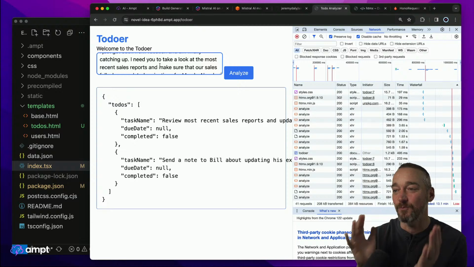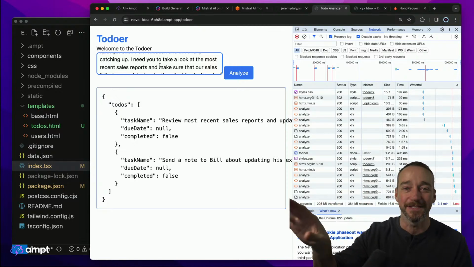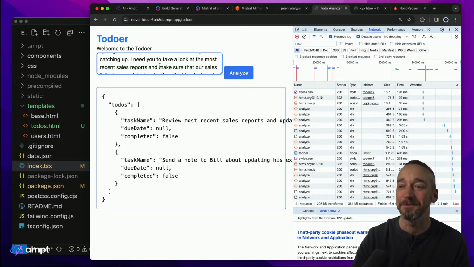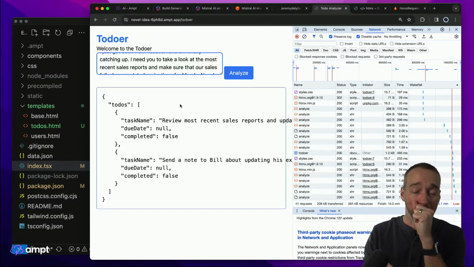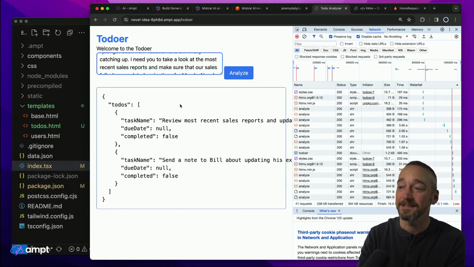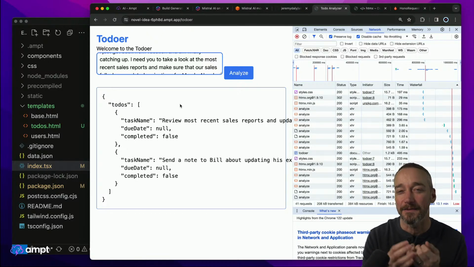So again, this is one simple example. I know obviously it really wasn't a full example. You'd want to build this in, you'd want to save some stuff, maybe you want to send some additional context in, maybe you have much more information about how you do the assignments or, excuse me, where some of the stuff gets sent. But there's just a lot of really cool things that you can do with AI